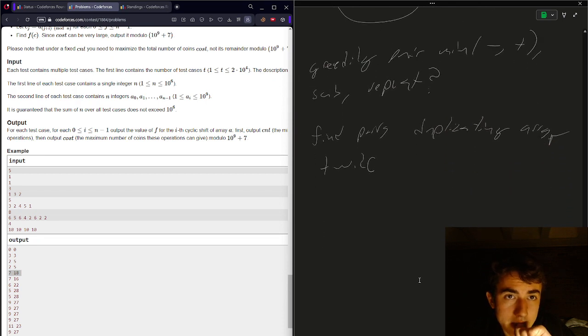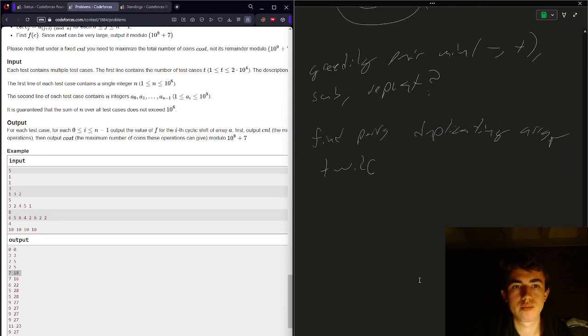I guess one question though is, let's say we have a bunch of values x, and we want to have the sum of x squared. How do we turn that into the sum of x plus 1 squared? Well,